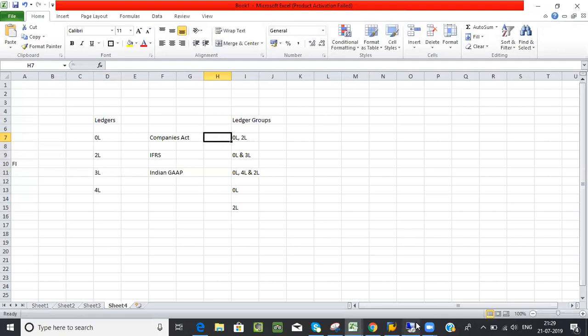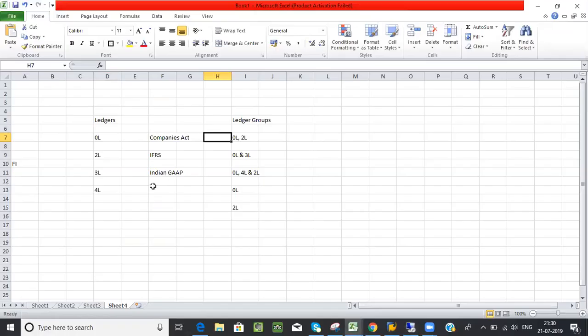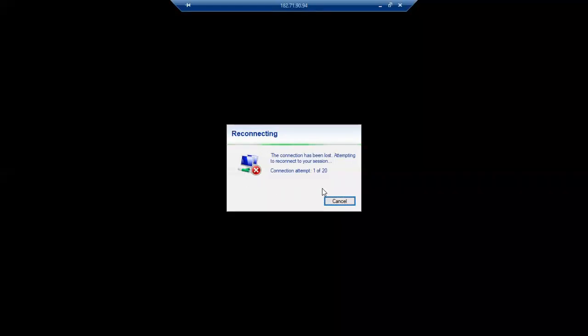Now, my point here: why do we have this ledger here in the controlling? Which transactions do you want to show in controlling? Do you want me to consider 0L transactions, 2L transactions, 3L, or 4L? Which data do you want updated in controlling? So you will have to consider the relevant ledger. That is the concept of this. It means if I post any transaction into